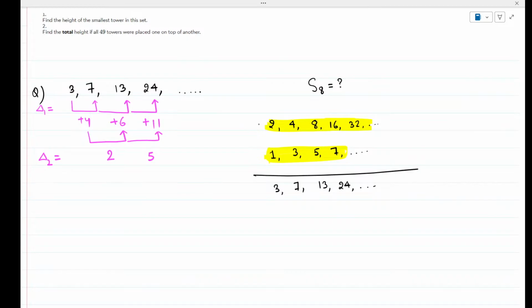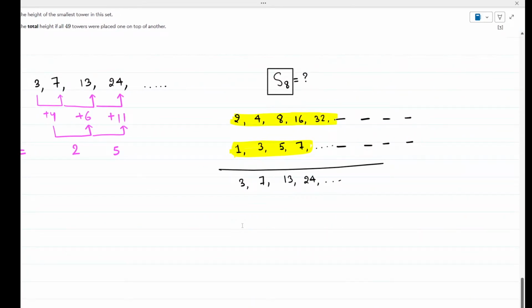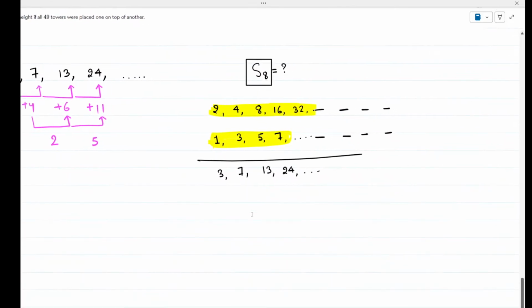So the first way is, to find the sum of eight terms, it's not a very big number of terms. So the first way will be to just find the eight terms. For example, four terms are given. You need to find just four more terms, and then you will have the eight terms and you can solve it. This is the first method. The second method will be,